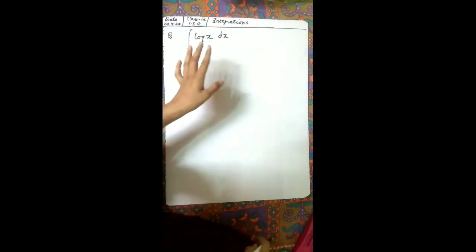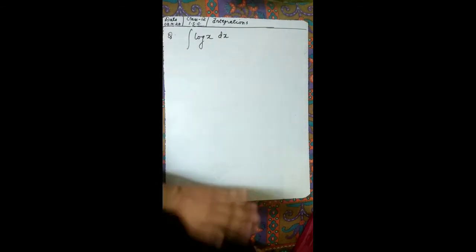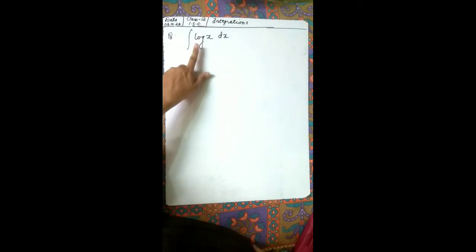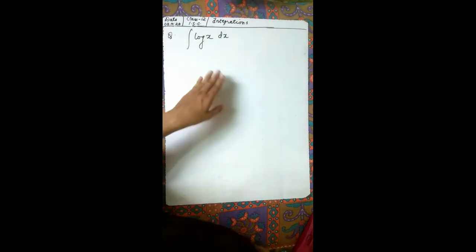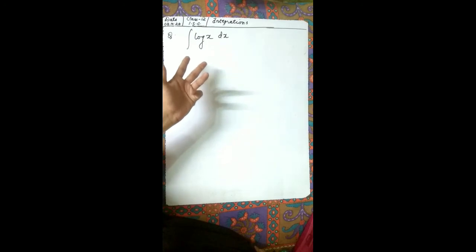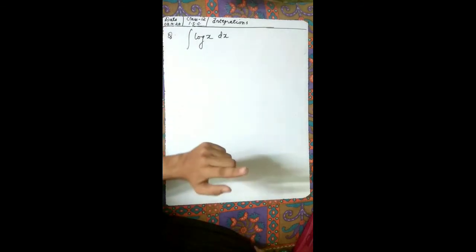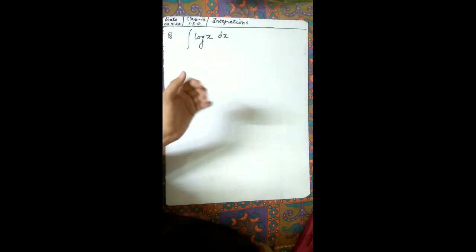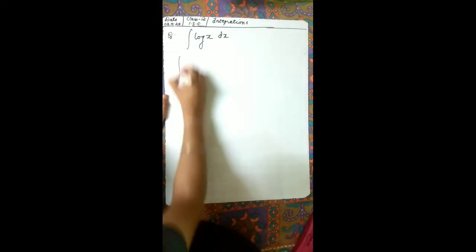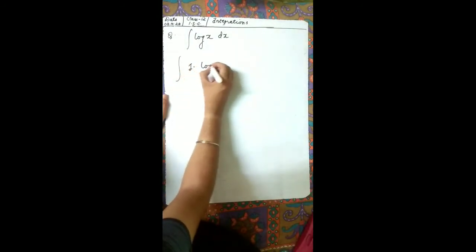Now let us come to the question. It looks like a very basic question, but let us see its integration with the help of the integration by parts rule. We need to find the integration of log x dx. Now you would be thinking, where is the other function in the product, because log x is only a single function, so how will we use the product rule in it? So what we do, we write it as 1 into log x.